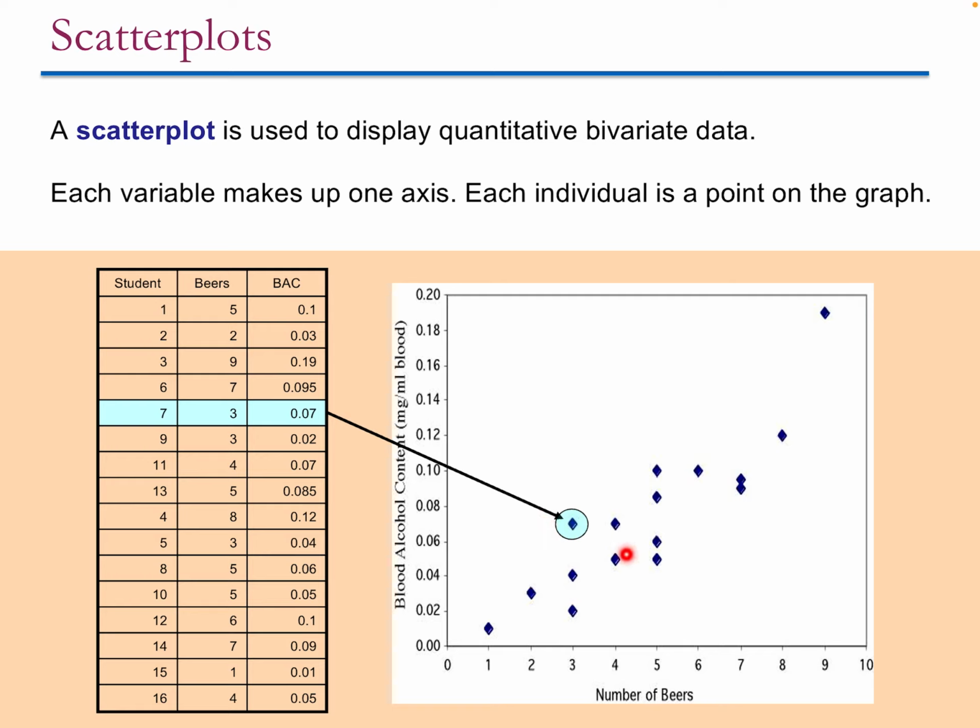So each data point is a combination of these two variables. It's X, Y data, right? It's like coordinates, for example, on a Cartesian plane that you might deal with in algebra class, right? Okay, so